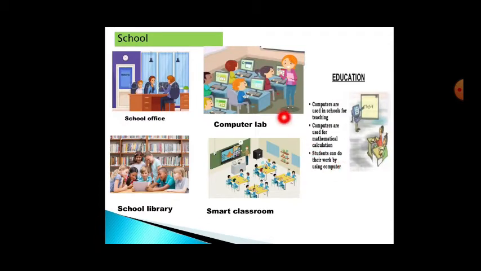Next we are coming to the school. So school office. Hope in your office also the computer is there. Yeah, it is there. Then in the computer lab, our computer lab, computers are there. Yes, everyone is going to work on that computer. Next, in the school library, the computer will be there. Next is smart classroom, correct? Now again the online classes, everyone is teaching through the smart class, correct children? Yeah, there is a smart board in our school also in each class, so that we can directly teach through